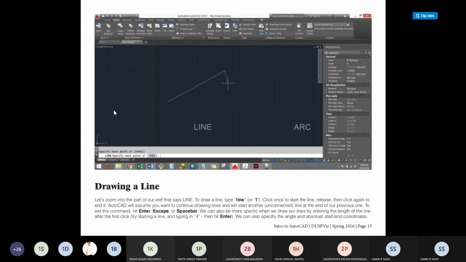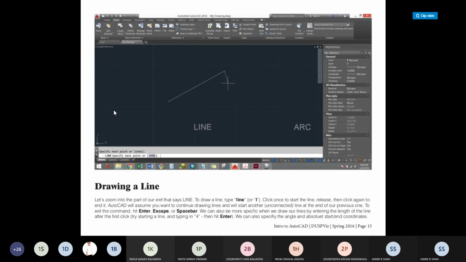Now, how to use it? Click once to start the line, release, then click again to end it. Okay, how do you have to draw the line? Once you click to start the line, you first click once, after that, whatever dimension you may require, you take, and then once again you click.